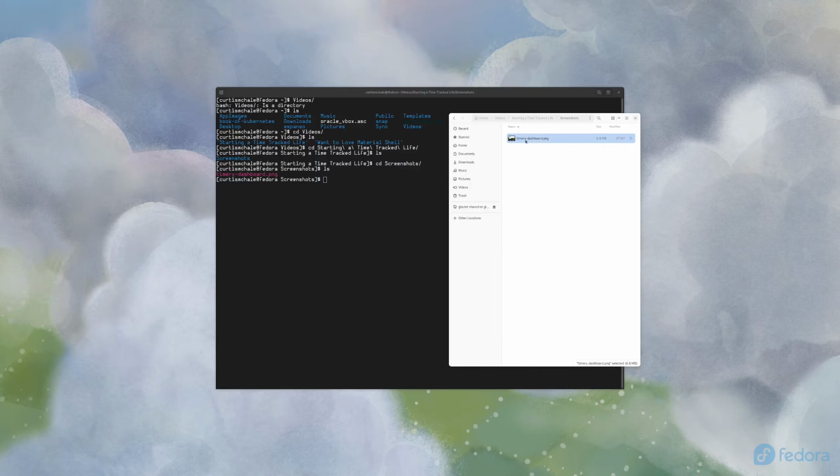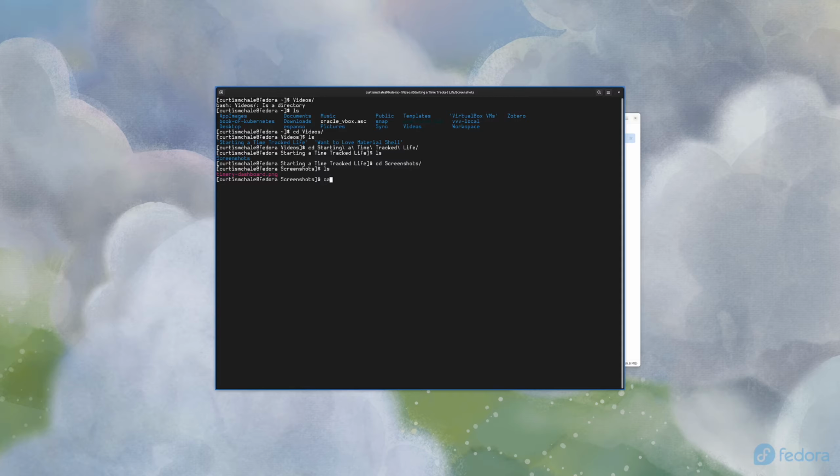And so what we're going to do is actually take this timery.dashboard.png file, and it's 6.8 megabytes. This is for a time-tracked life video that I have coming up, and it's just way too big to put online. So one of the first things we need to do, and I've actually already done these things, but we'll